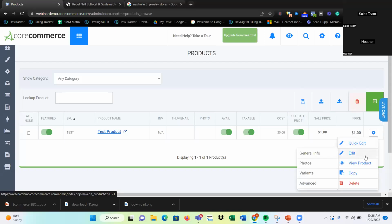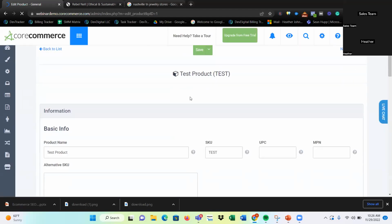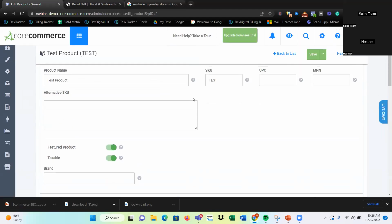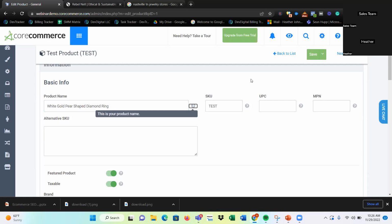Thank you. Okay, so when we're looking at our product and we're looking at editing it, and at the different things that we can go into, obviously we've got our product name. Let's go ahead and talk about our white gold, pear-shaped diamond this time, just to give a little bit of variety here. So when you look at adding in your inventory, obviously you've got your UPCs, your SKUs, maybe even